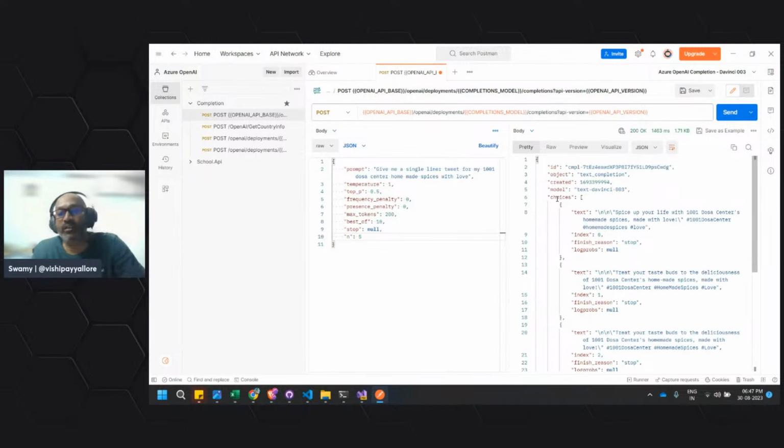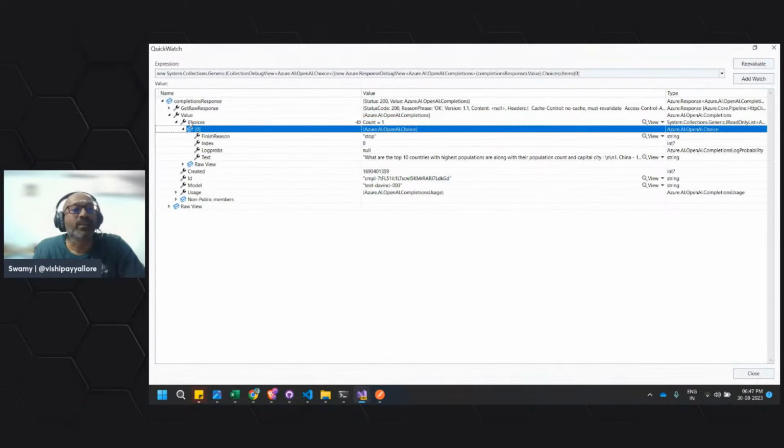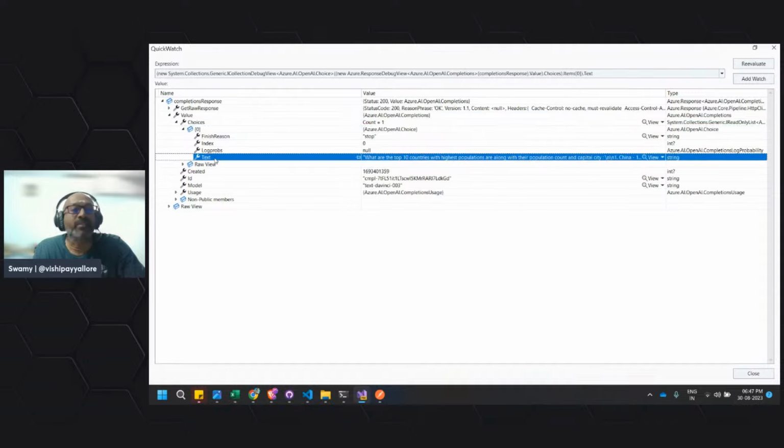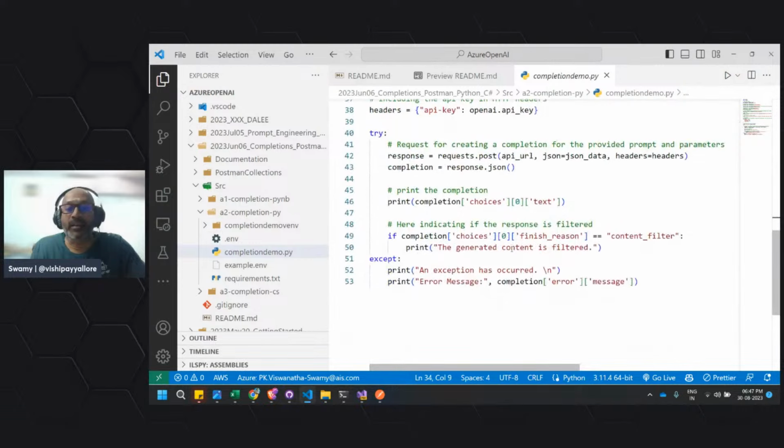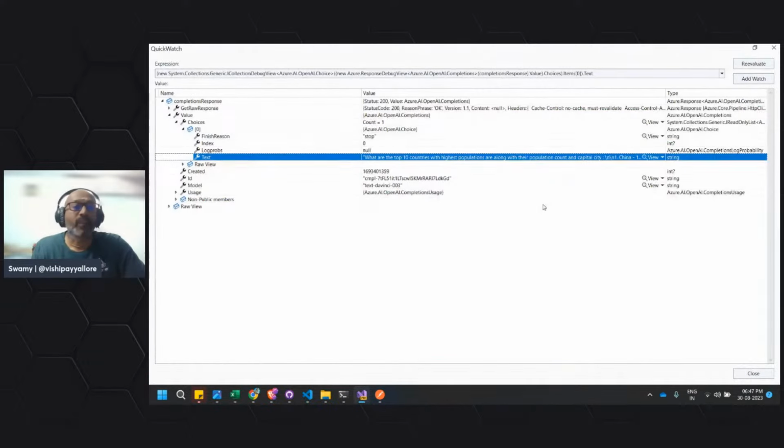Choices is an array, and the first item is the response, where you are getting the finished reason and text. So technically it is choices of 0 of text. So that's what you will be seeing in the response when we are calculating here: completion choices of 0th element of text. So that's what we are technically seeing here.